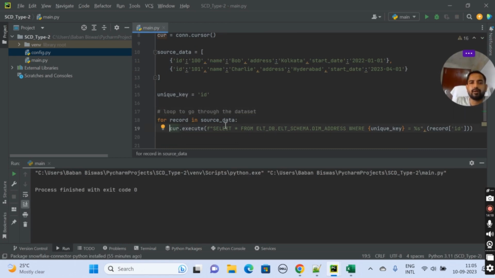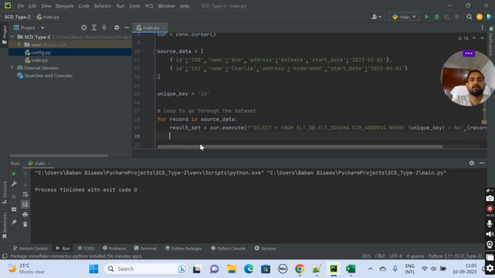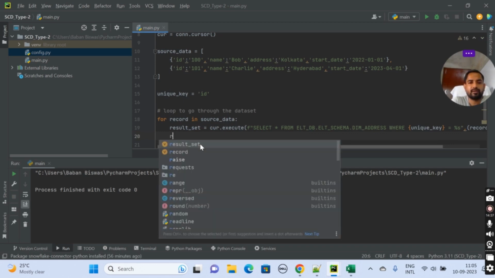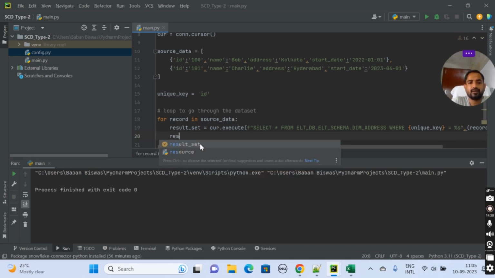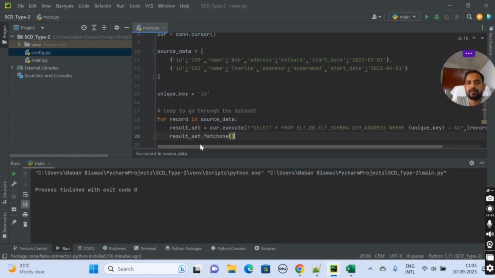Now next, the result whatever it got, let's assign that to a new variable. So result set is a variable where the return value of this query is getting stored. From this result set we'll just check the first record. Result set dot fetch one, only the first record.